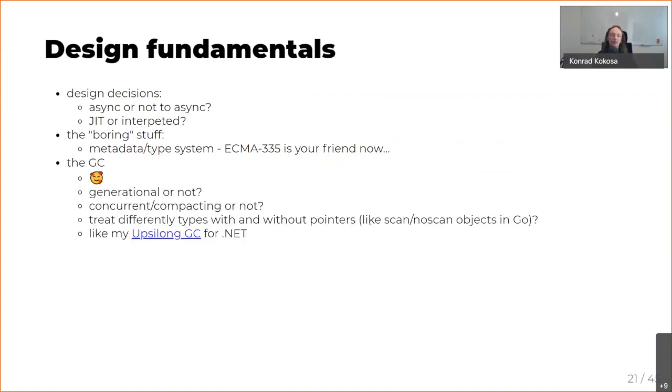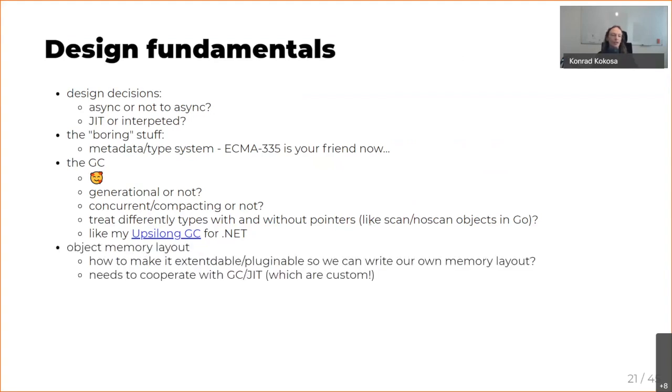The GC itself is super interesting, so obviously I like this topic. It is my beloved topic. And then there are a lot of decisions on how the GC should be implemented. But this is a second level decision, because in Mobius, everything is a plugin, so the GC is also a plugin, so it doesn't matter a lot how the current GC is implemented and what functionality it has. It is just the API between the runtime and the GC that is important, not the GC itself. So this decision of how the GC should be implemented is a little bit postponed by me.